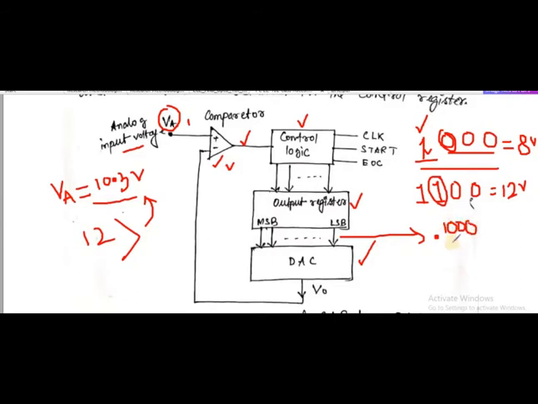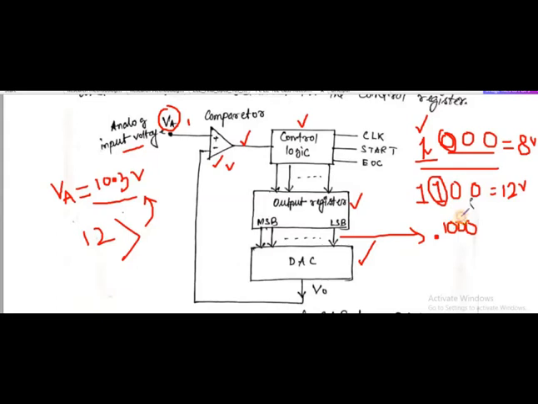Getting my point? So now what will be the output voltage of this DAC? Obviously 8. Now this 8 volt will appear. So now this 8 is less than 10. So obviously the comparator output will be 1 or high, and the high value of the comparator will set